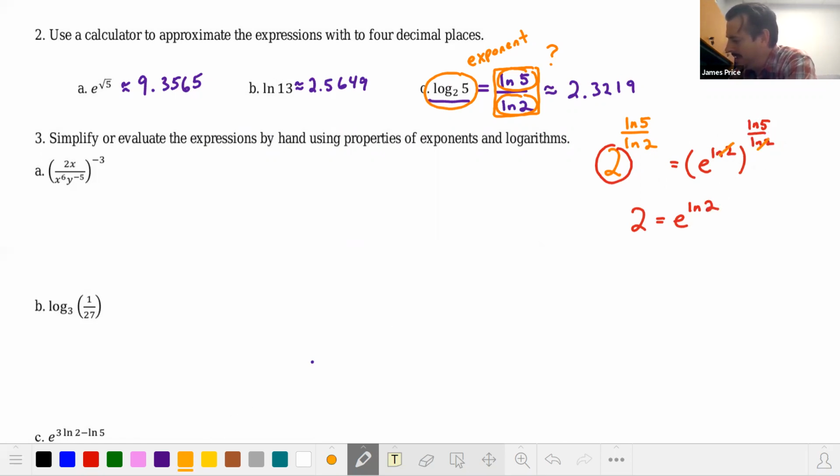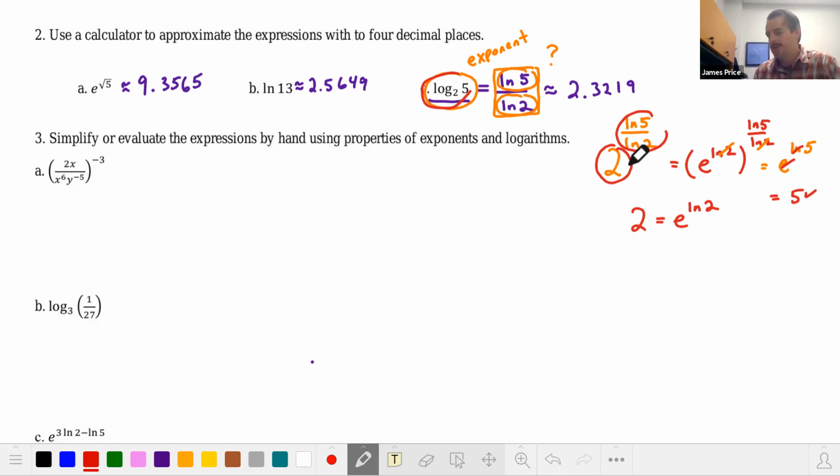And so those ln of 2's cancel, and you just get this equal to e to the ln of 5. And then again, that identity property, remember what happens: the e's and ln's cancel, and that gives you the 5. So yeah, this and this are exactly the same, right? They're both the exponent you raise 2 to get 5. All right, so I don't think that's something you need to worry about, but it's kind of nice to see